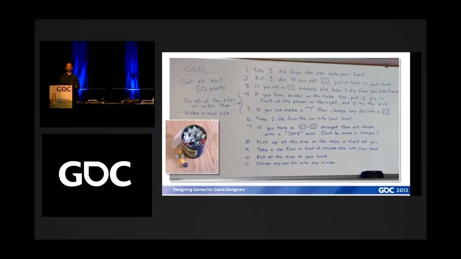And this is a similar thing. Get 50 points in front of you. So you're trying to get dice in front of you, and the top face is how many points you have. And this time they still pick a die and they make a rule, but I put them all sequentially in order, and you have to follow it like a turn order. You can only do 1, you can only do 2. The first one, the one I just showed you,